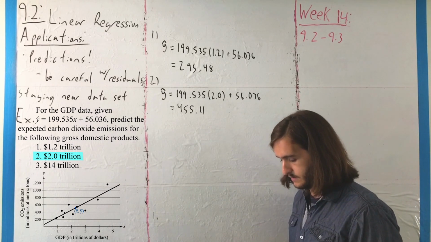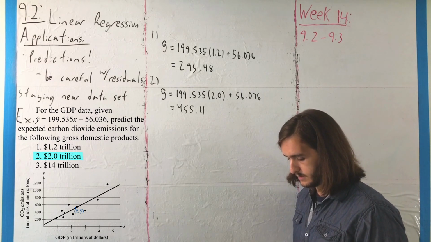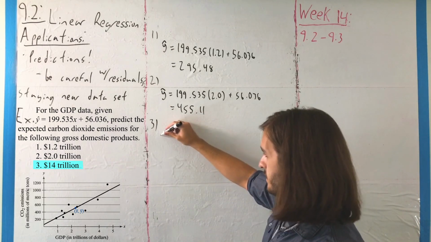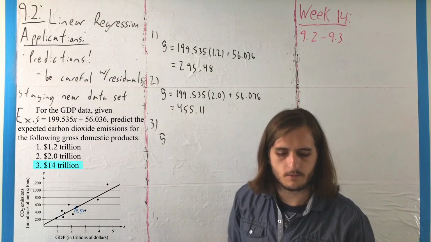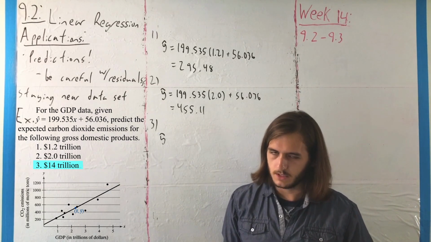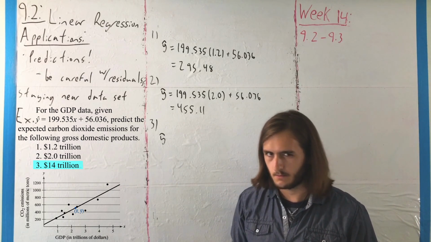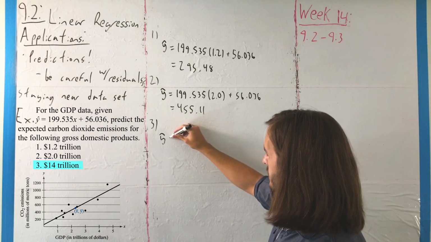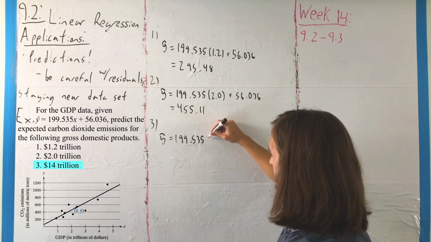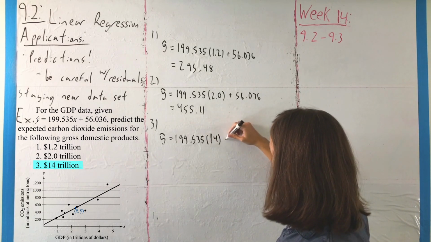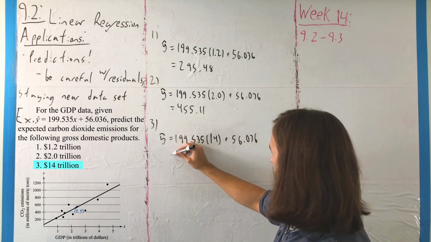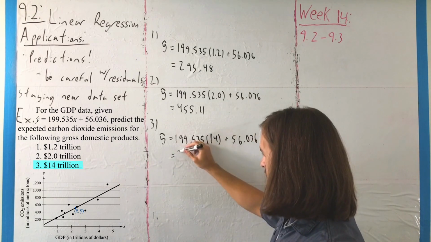And then finally, for the third case, well, we do the same thing again. Except now we should be a little bit more careful, we should be a little more thoughtful about this, remembering where our data mostly fell before, that we don't have a whole lot around the number 14. So what we get here might not be quite so meaningful. Anyway, we take that 199.535, plug in our value of 14, adding that 56.036, and we will get a predicted value of